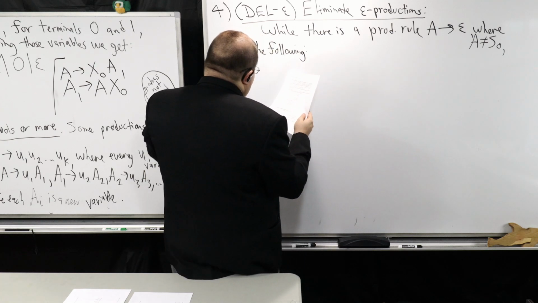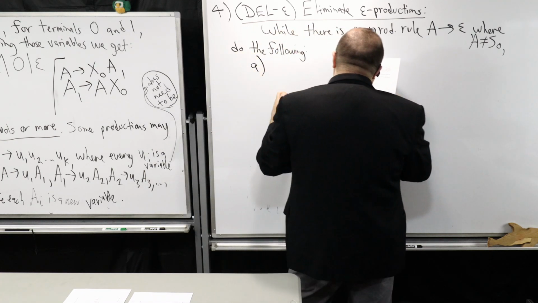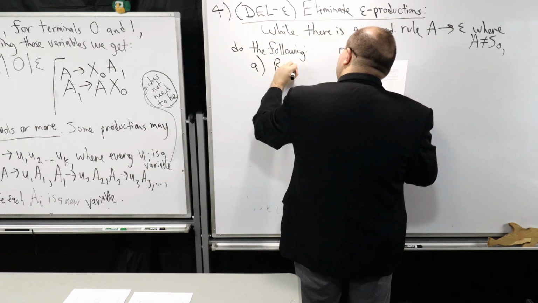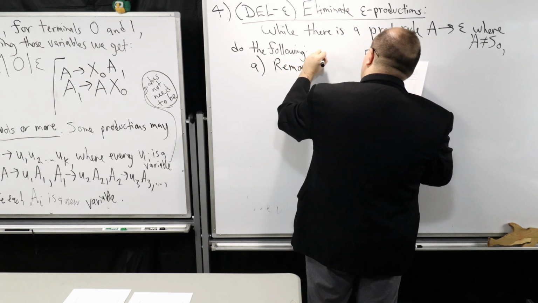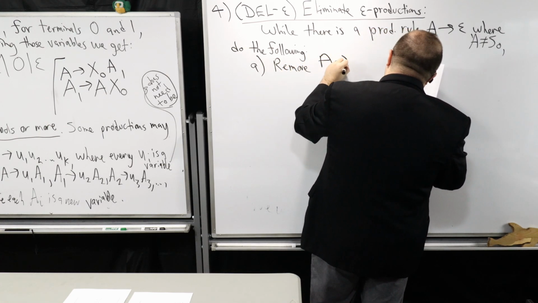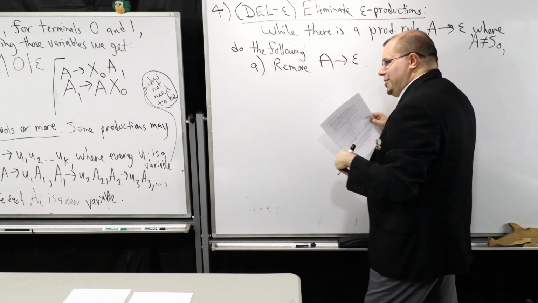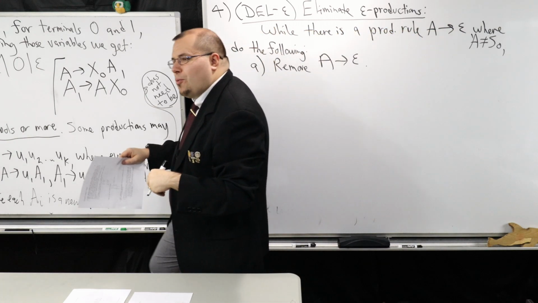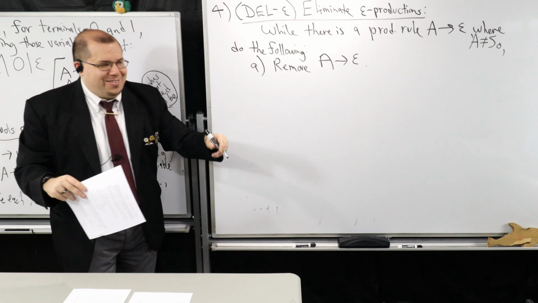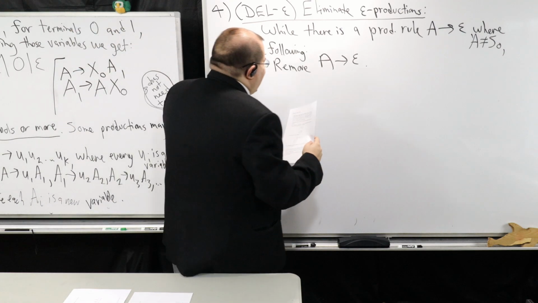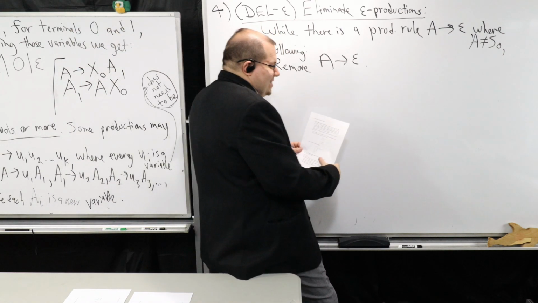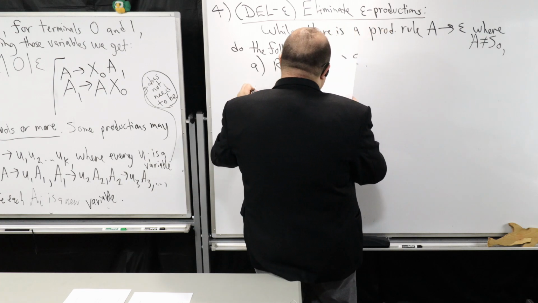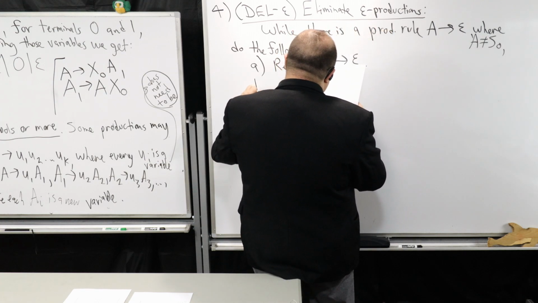So we have to be careful with this. So first step, you're going to remove that production rule. So you're going to remove A produces epsilon. That's the first thing you're going to do. Just get rid of it because we don't want that there. It needs to get out of town, okay? Out of here. Out of here. So next,